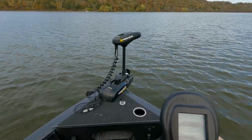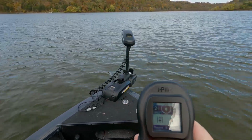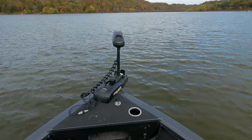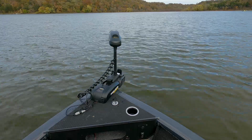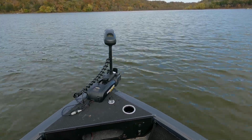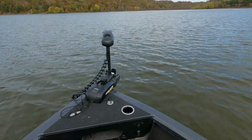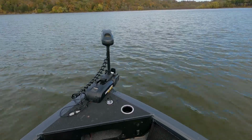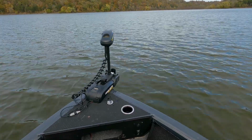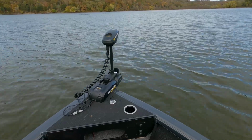Let me go back. I'm just going to push the home button. So we're back on our home screen. Now the reason that trolling motor is doing that is we have a crosswind, and it's going to work extra hard. When I called Minn Kota and asked them what the difference between advanced and legacy was, the most basic explanation I can give is legacy is just point and go. Advanced is constantly looking for a signal, like a satellite signal, and it's going to be more pinpoint accurate is what